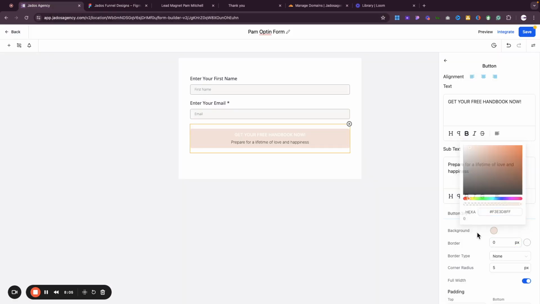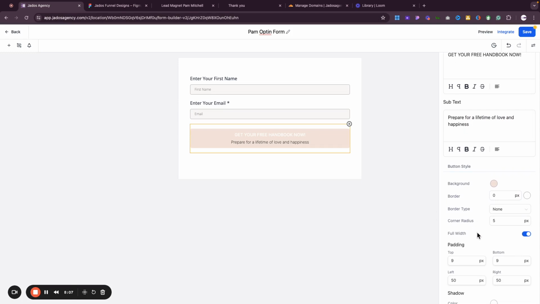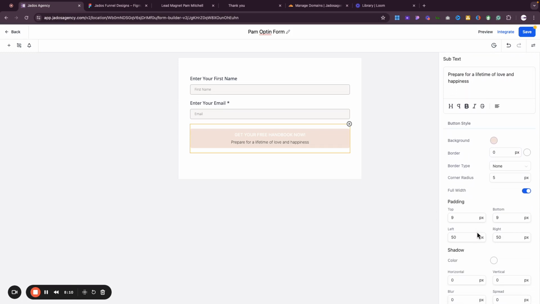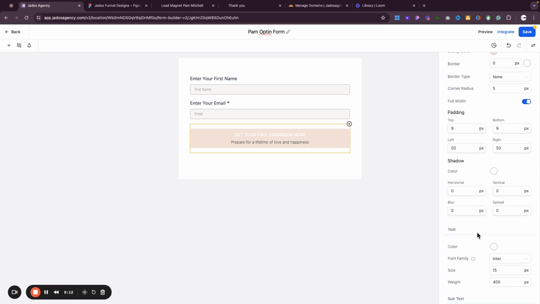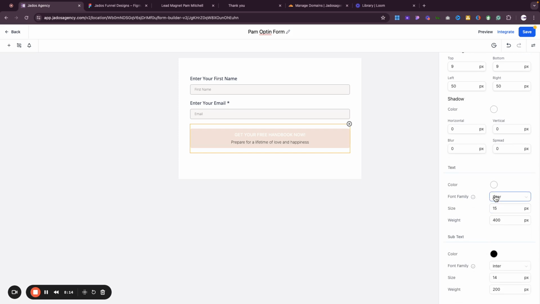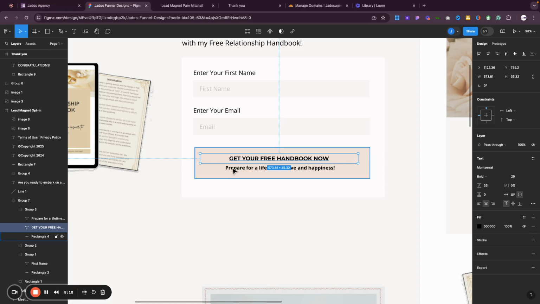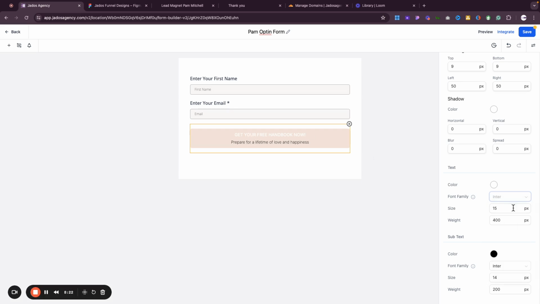As for the button text, I think the text was Montserrat. Okay, Montserrat, and I think it's a 16.